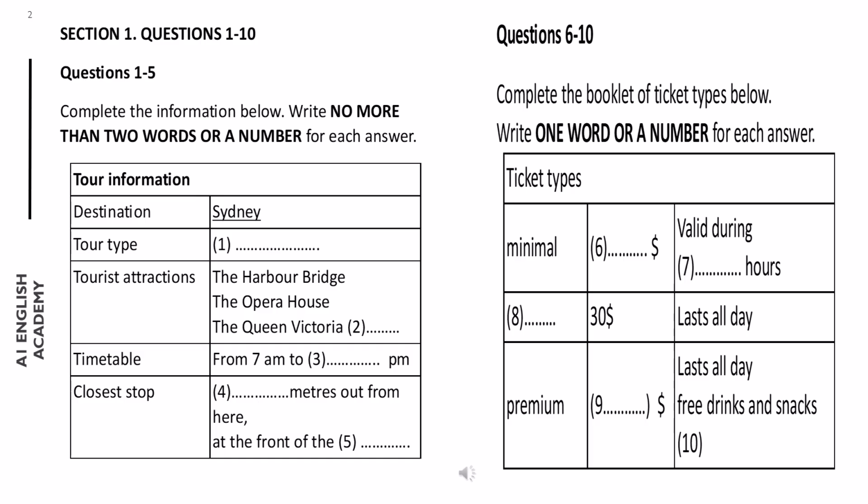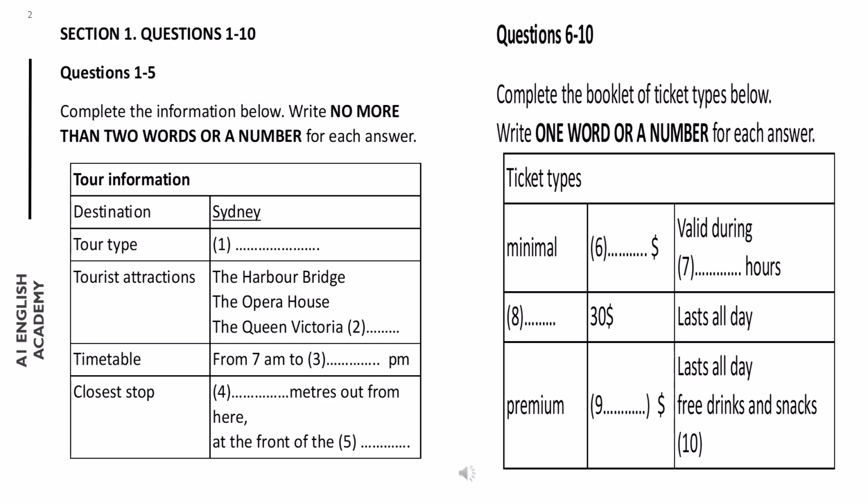What ticket types do you have? We have 3 ticket types. The first one is called Minimal, and it is the cheapest tariff. It costs only $15 and you can use such ticket during 2 hours. Oh, I want to see as much of Sydney as possible. Do you have full-day tickets? Yes, sure. The next ticket type we have is Standard. It's the most popular type. This pass costs $30 and lasts all day.